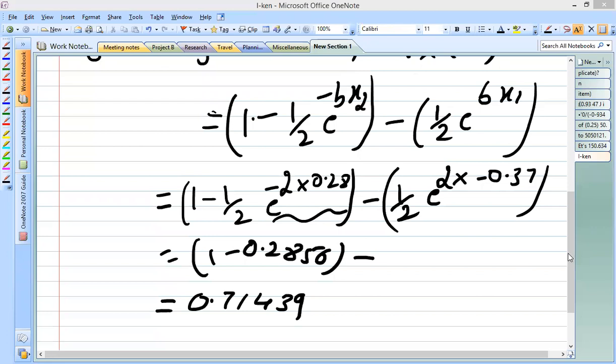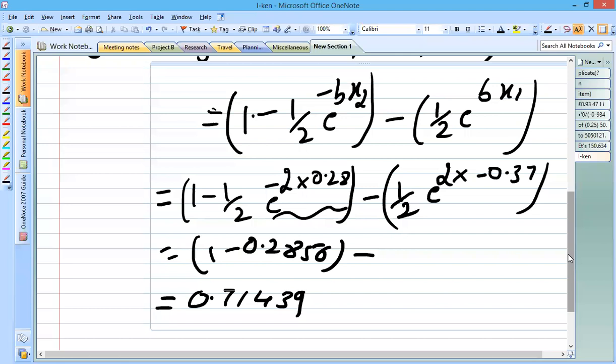Have you written this? fx of x2 minus fx of x1. 0.9529 final answer, ma'am. Okay, one minute. Let me verify. No, you are wrong. The answer is 0.4754. See here, you just go with the steps. Once again, I'll explain here. So fx of x2 minus fx of x1.